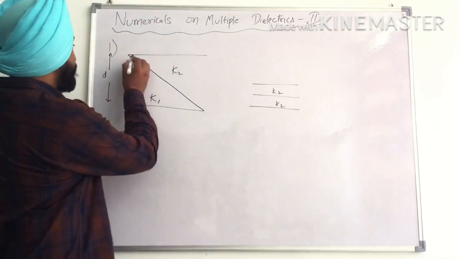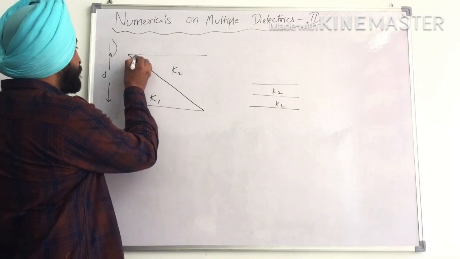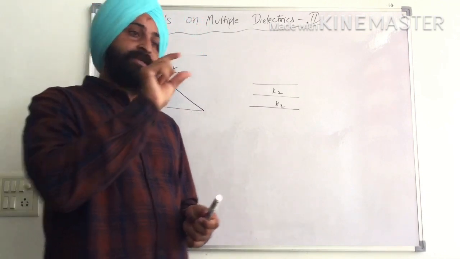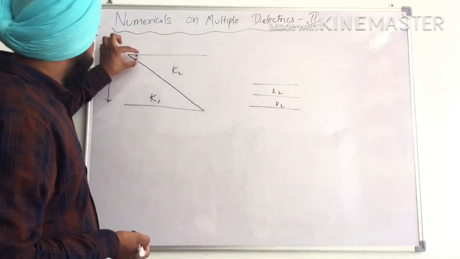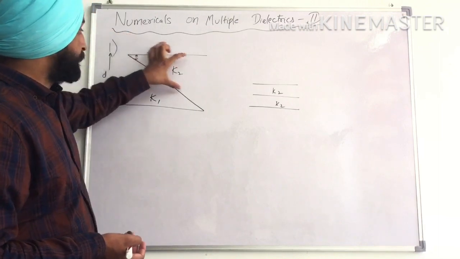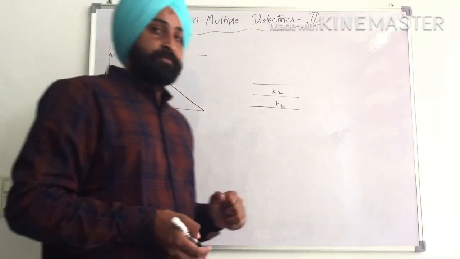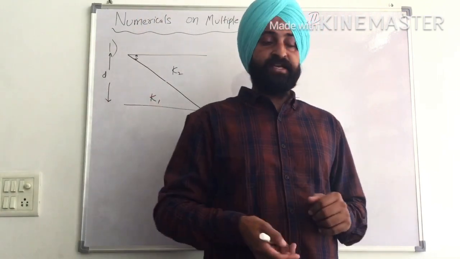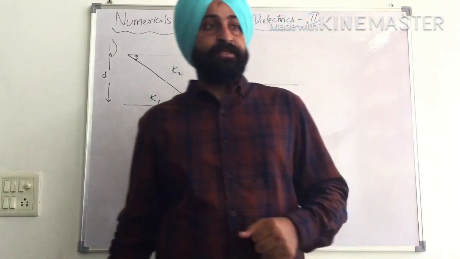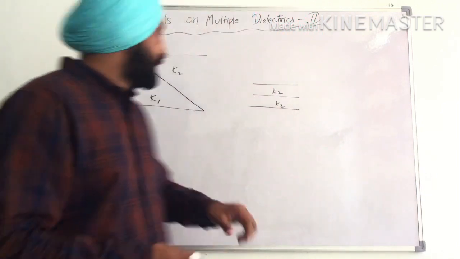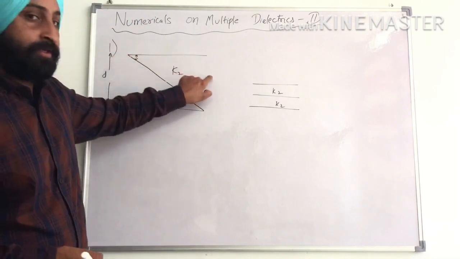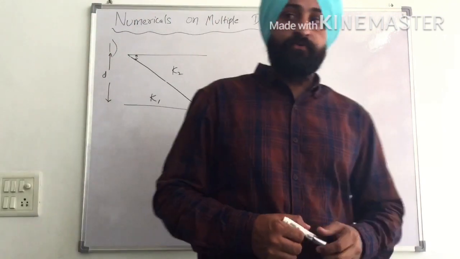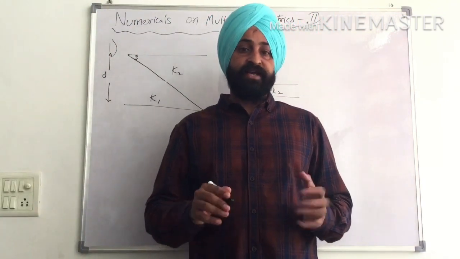See, if you look at this point, the separation between these two capacitors, that is, we took it as D, will be very small, and here it is increasing as we go on. So this is the problem, that we cannot take a particular D in this numerical. We cannot take a particular separation in this numerical because it is increasing if we start from here. Fine. So to solve this kind of question, we will be using the concept of integration.